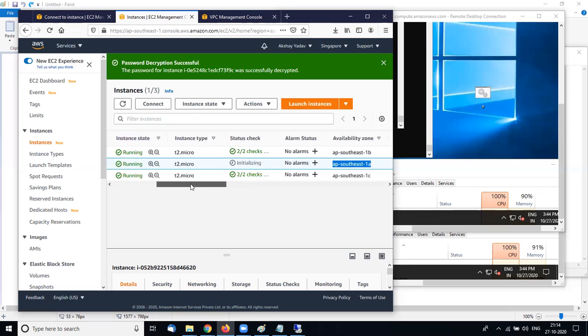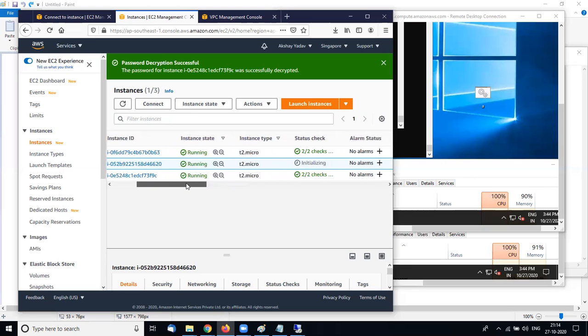Suppose while creating four instances, the load on one of my instances decreases from 50% to 30%.